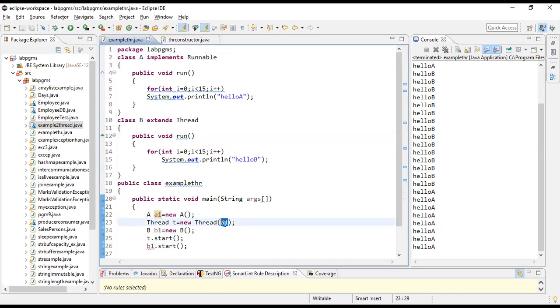Thread t equals new Thread of A1. So this is how you need to do it. Then I can write t.start.